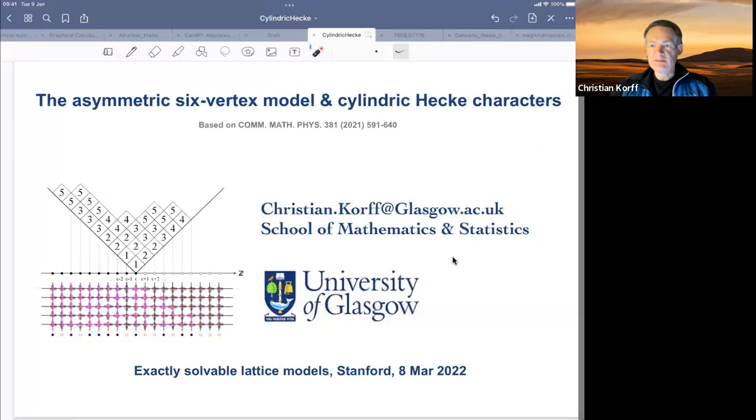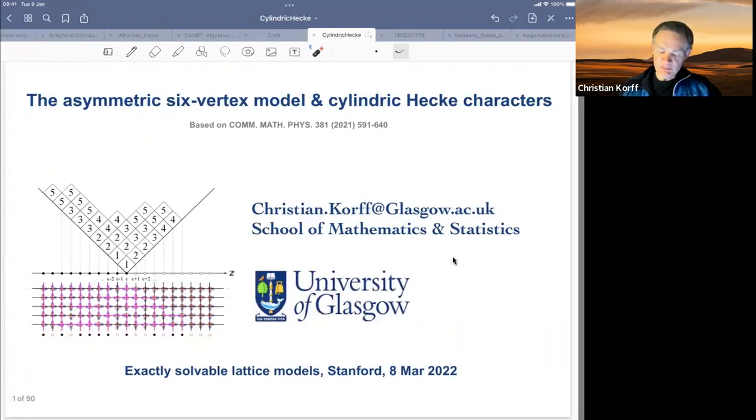All this means is that there's an asymmetry in the Boltzmann weights which you assign, but I'll come to this later. And then I'll talk about cylindric Hecke